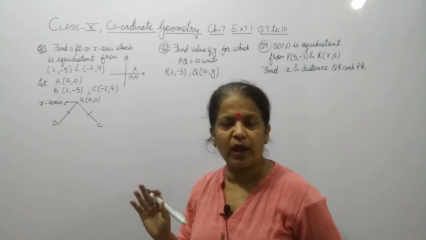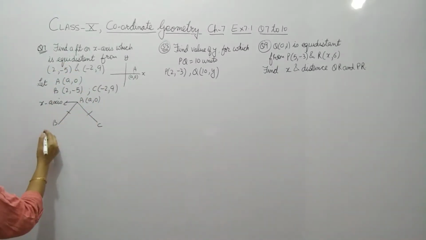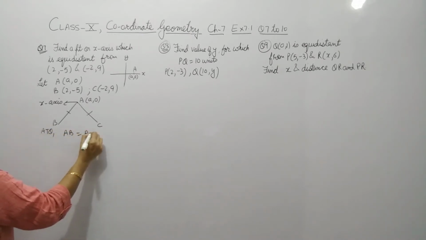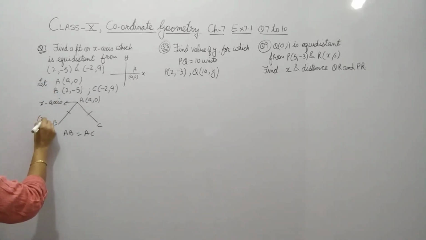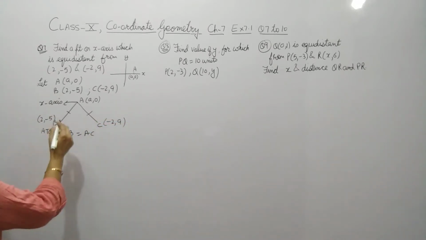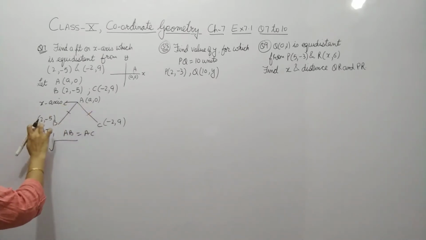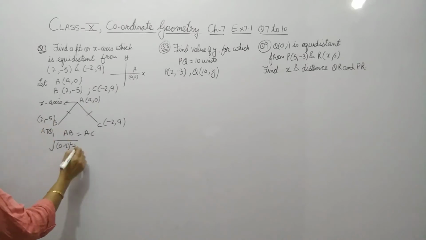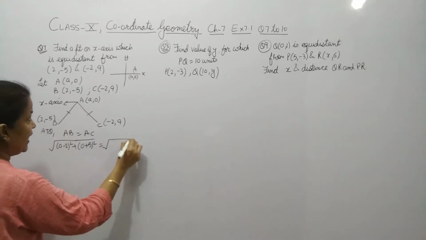So what do we have to do? We have to use the distance formula, and according to the question, AB equal AC. Here the coordinates of B are 2, minus 5 and the coordinates of C are minus 2, 9. Now we will apply the distance formula: AB equals the square root of x1 minus x2, a minus 2 whole square, plus y1 minus y2, 0 plus 5 whole square. This is equal to AC,